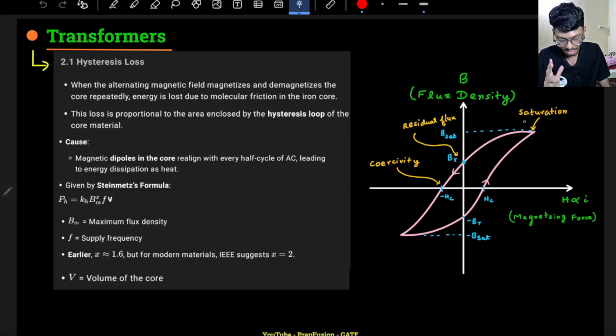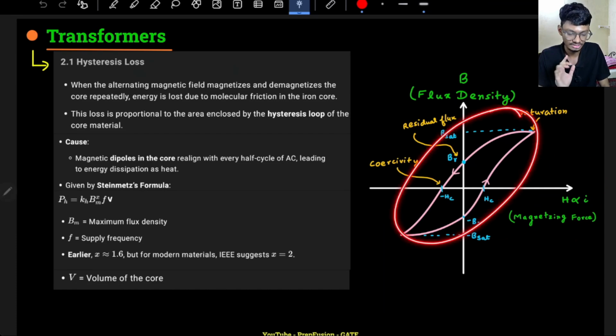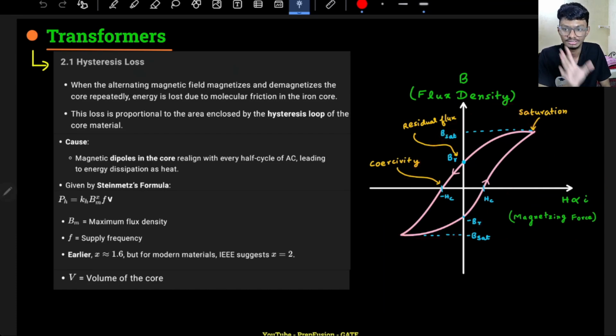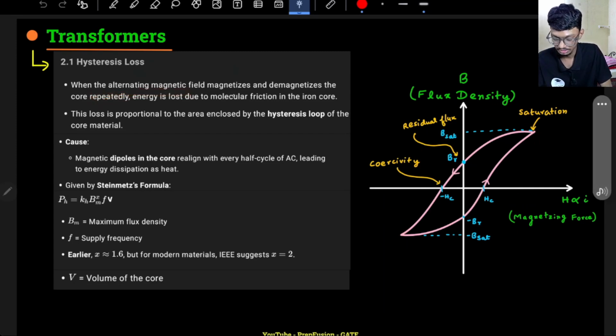Also we will discuss how I can find out the hysteresis loss if the BH curve is given. If the BH curve is given, how can I find out the hysteresis loss? That is what we will discuss. Okay, so we already know when an alternating magnetic field